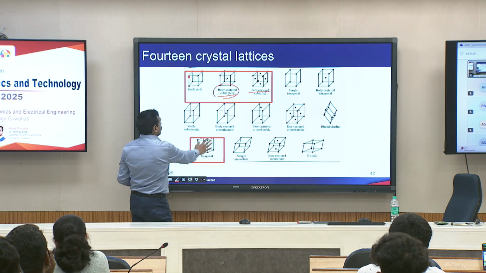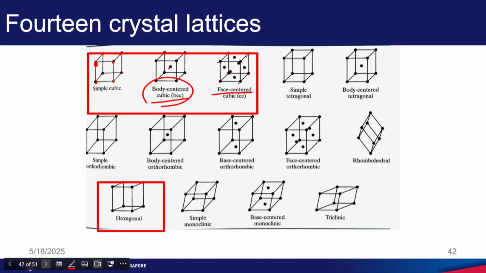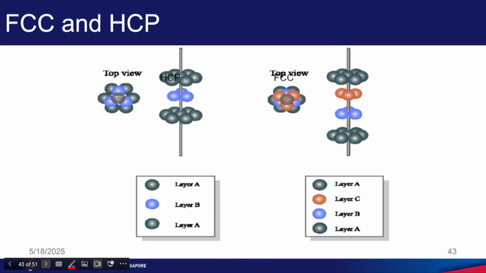Then hexagonal we already learned. So, for this course you will be looking at this hexagonal, face centered, body centered. We need to know these 3. So, from another perspective, if you look at the hexagonal close packed structure, you will have